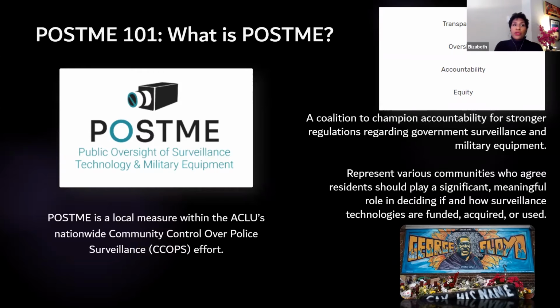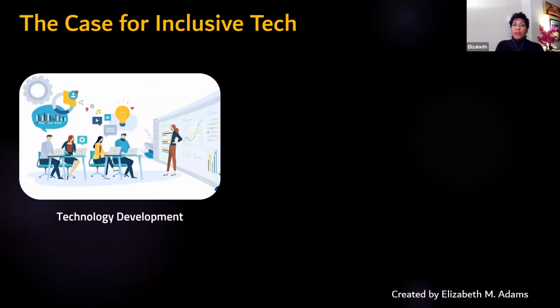And following the murder of George Floyd, we became particularly motivated by the use of artificial intelligence enabled systems by the city of Minneapolis, those tools that they had at their disposal. But our coalition did not come from a place of technophobia. Rather, our coalition was about embracing technology proactively, so that when these tools are implemented, communities have trust that they're being used responsibly and not to target certain populations or used by law enforcement to overreach in certain communities.